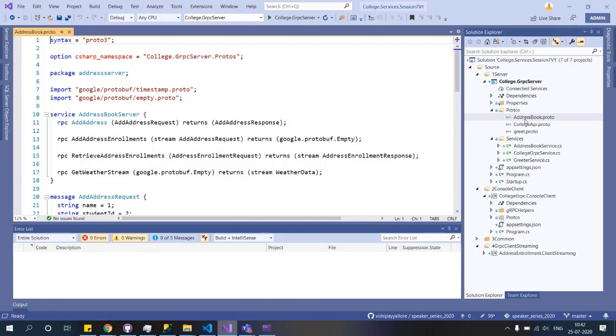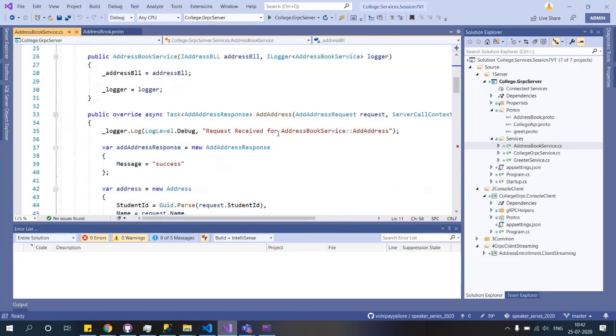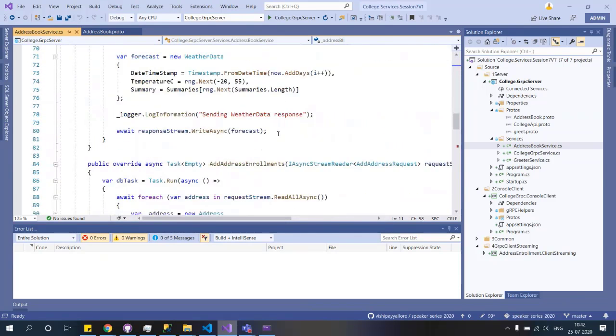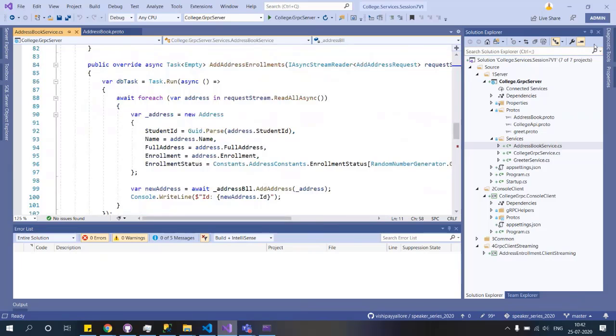In the client side streaming, we added the RPC method, and we said that the client will send a stream. On the server side, we accepted this stream, and in the foreach loop we are reading this stream and storing every record.